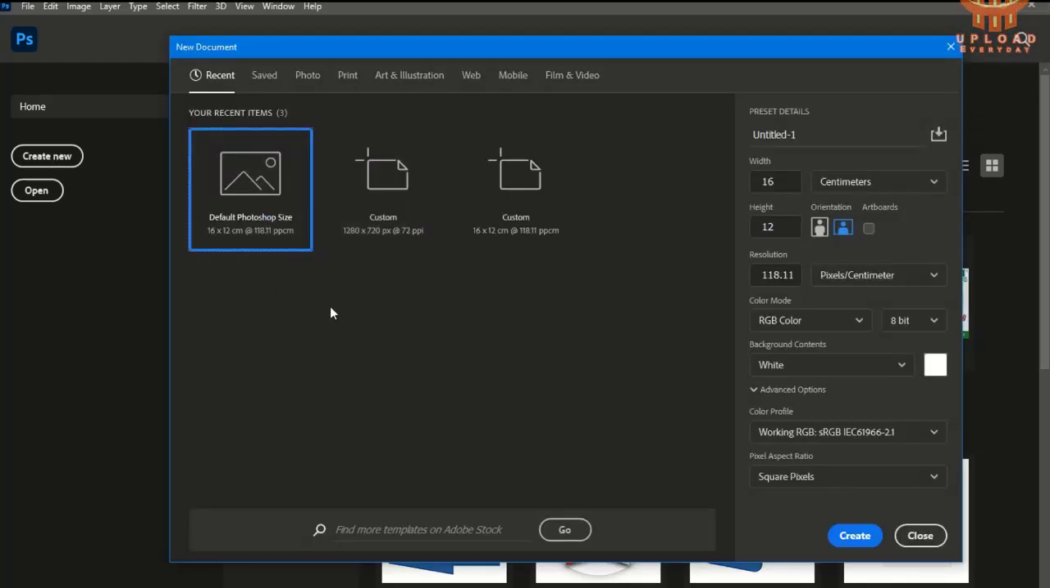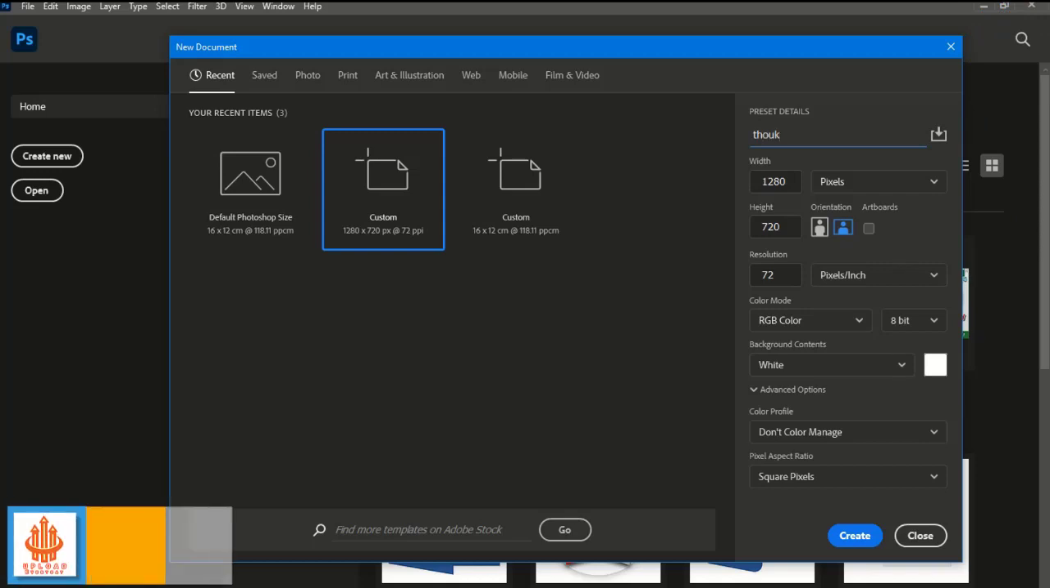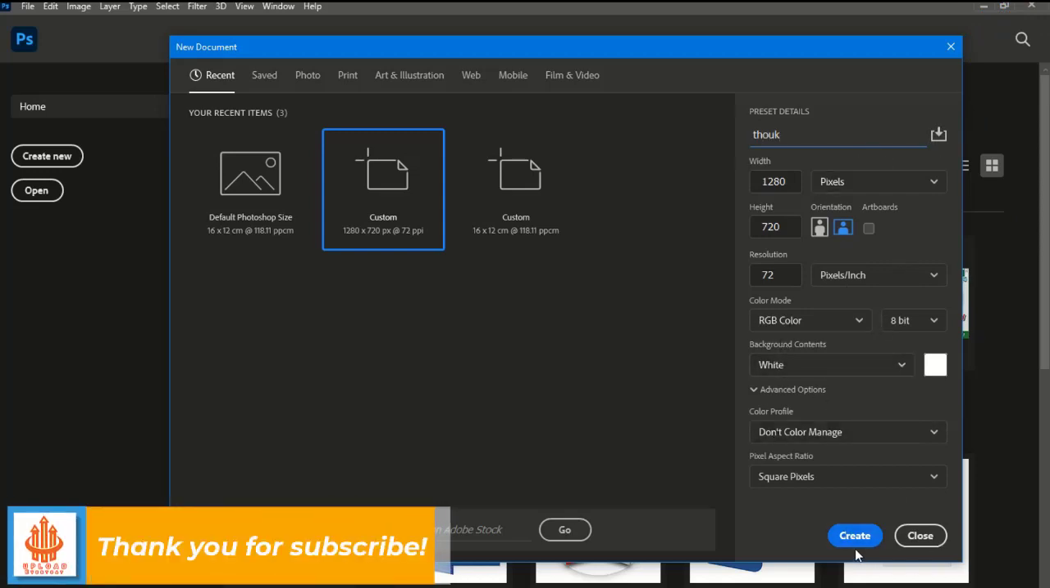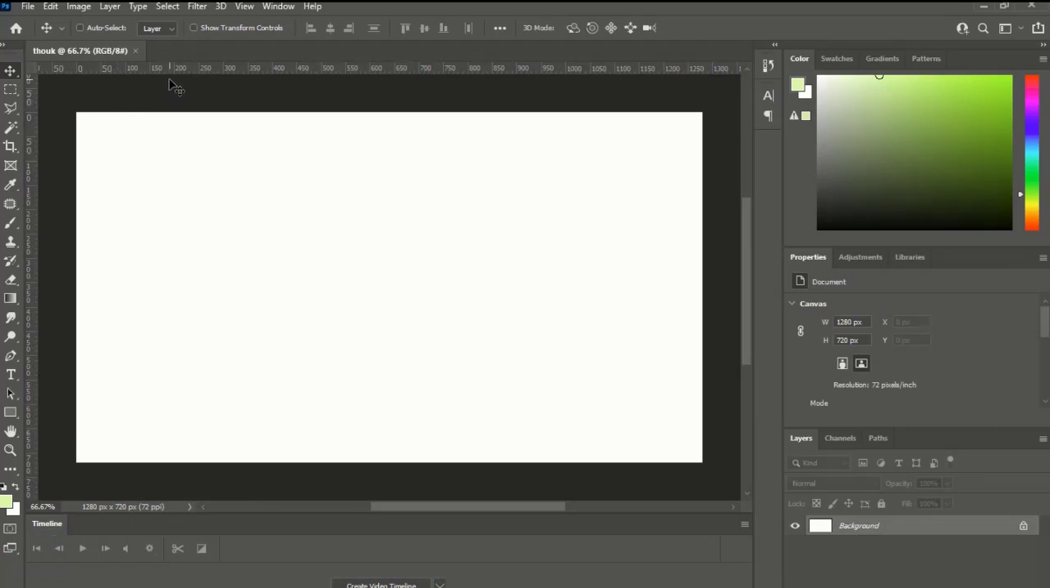Okay, I select the Preset or Custom. Okay, I select Custom and I write a name. Okay, then I click Create. Okay, for the second way, I show you about how